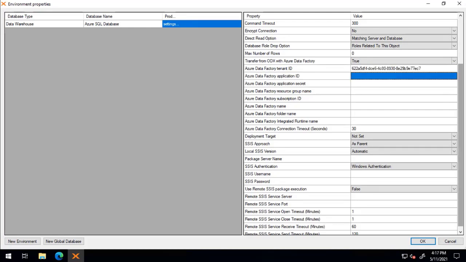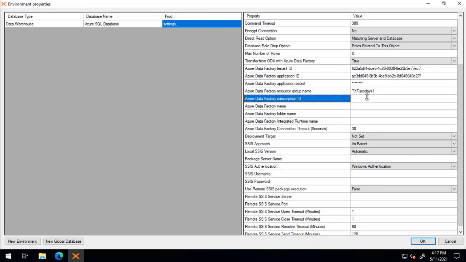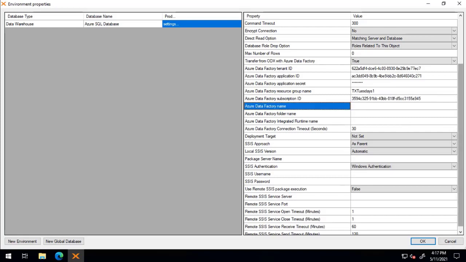And then, of course, the app registration that I created before. I'm going to put in the app ID, and, of course, the application secret, resource group name, subscription ID, data factory name,